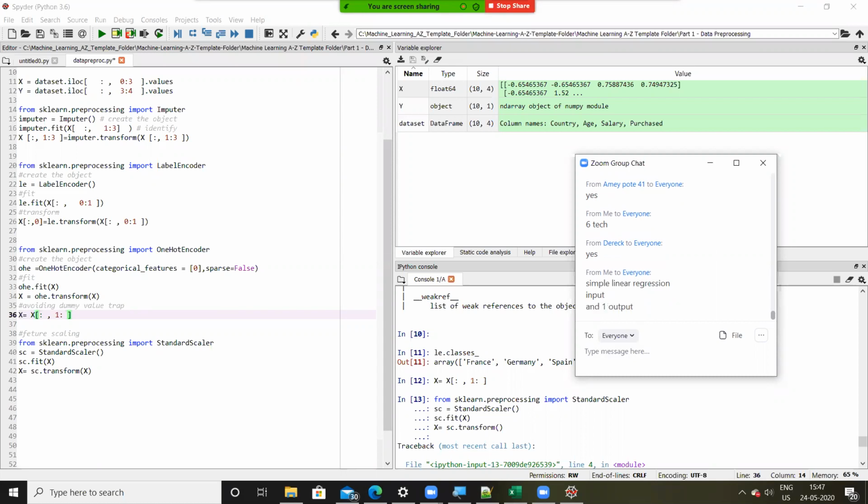Based on a single input, we will try to predict the output. Remember, in simple linear regression, there is only one input, and based on that one input, we are going to predict the output.